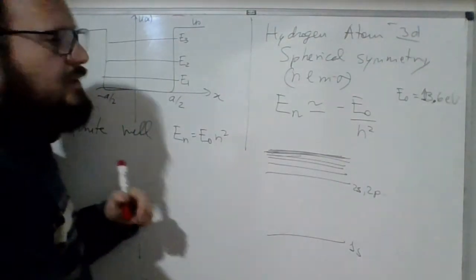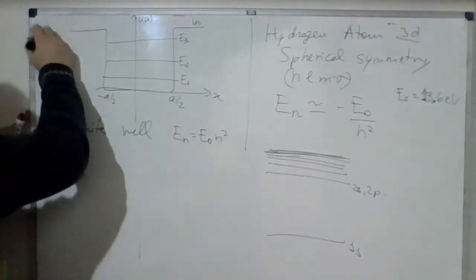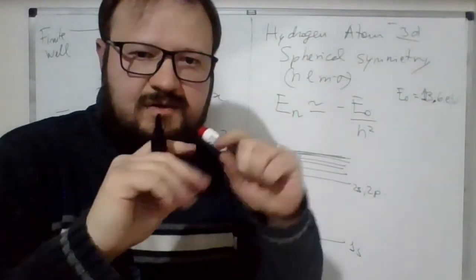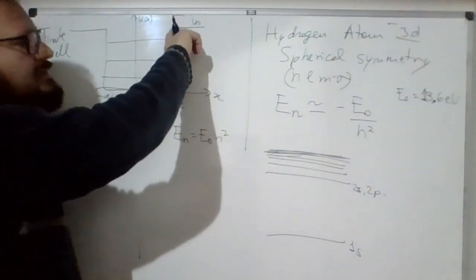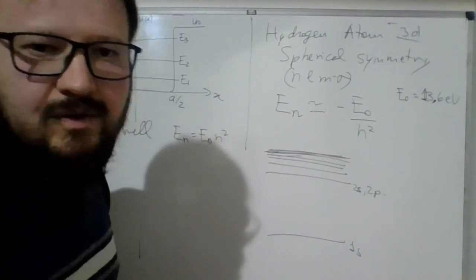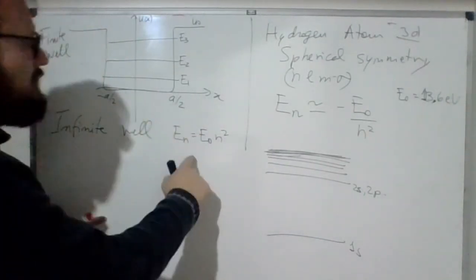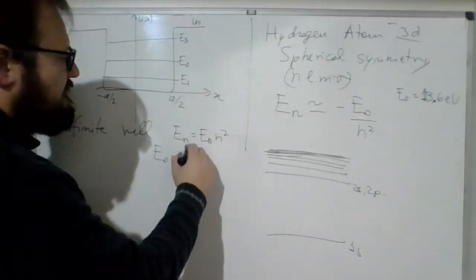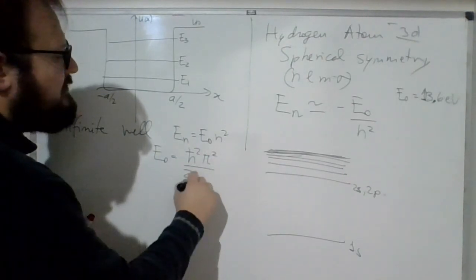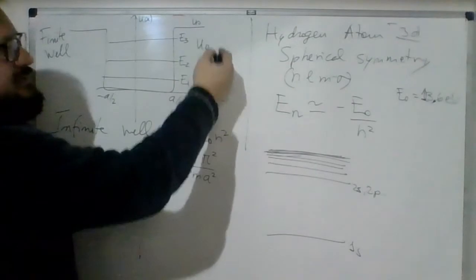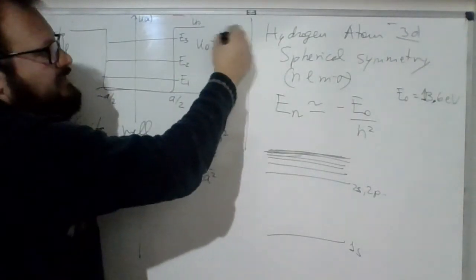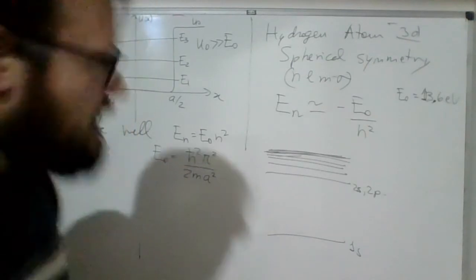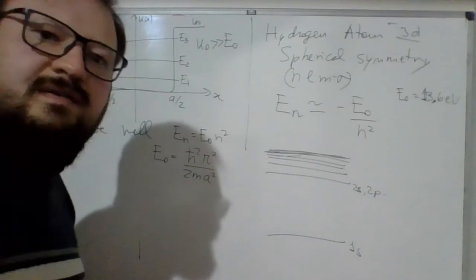But coming back to 1 dimension, if you have a finite well, and this is a finite well which is not too small in height here, if U naught is not so small compared to some energy scale, which I will borrow from the infinite case, from h bar squared pi squared over twice the mass a squared, if U naught is much larger than this E0, which sets the energy scale for your problem, you'll have many bound states, a large number of bound